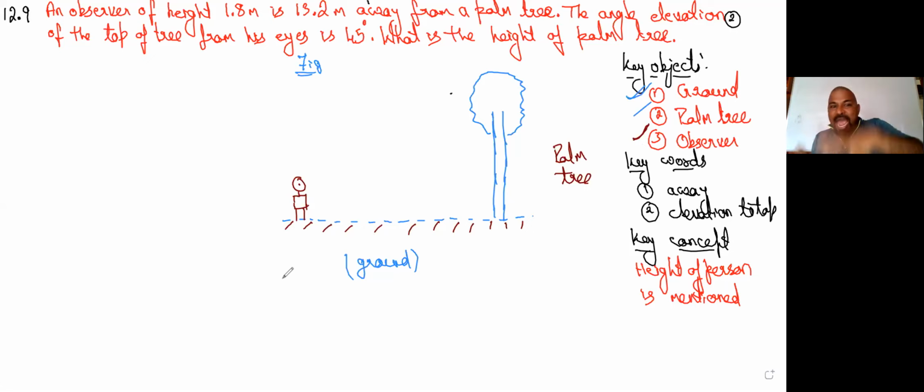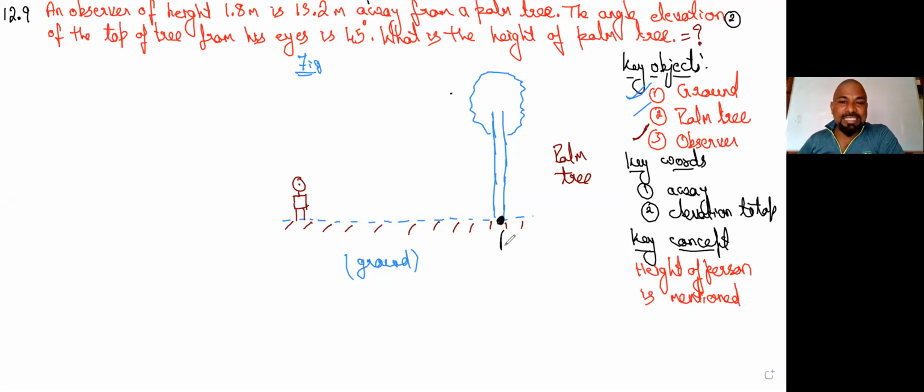Now the figure has to be connected to the concept. We are not drawing diagrams or any scenery. We have to connect it because we have to calculate something. What is he asking us to calculate? He is asking us to find the height of the tree. So as we have to calculate the height, let us connect it to the geometrical connections.